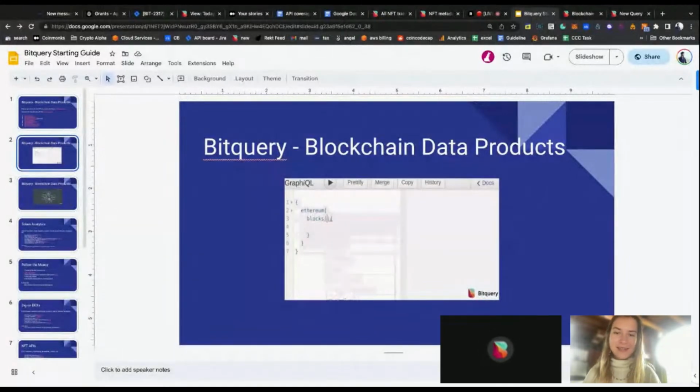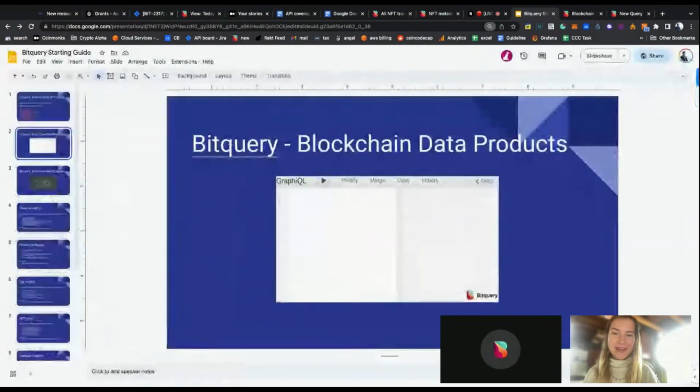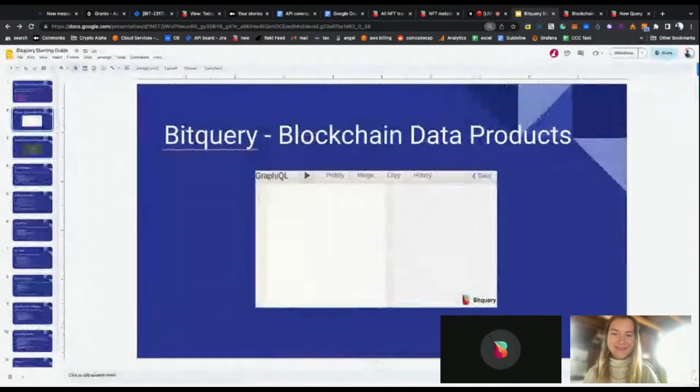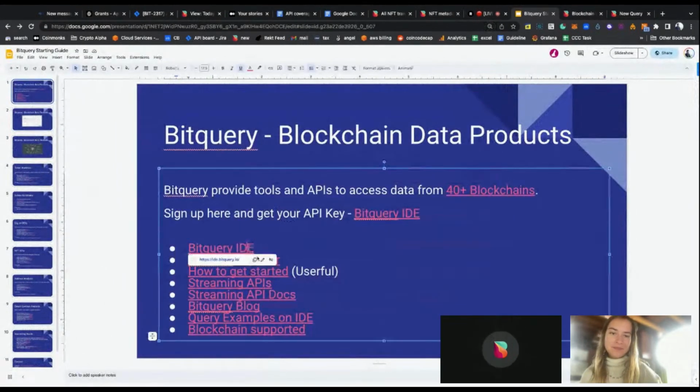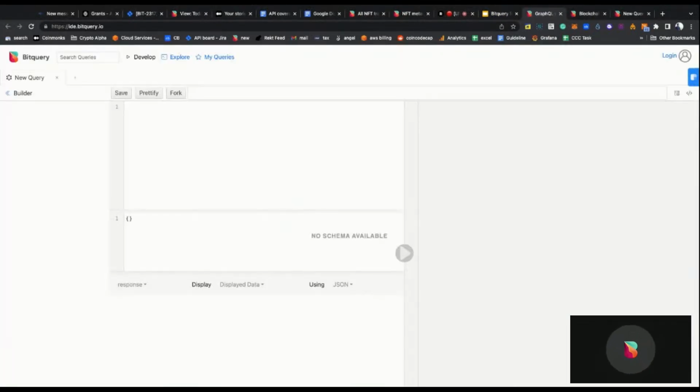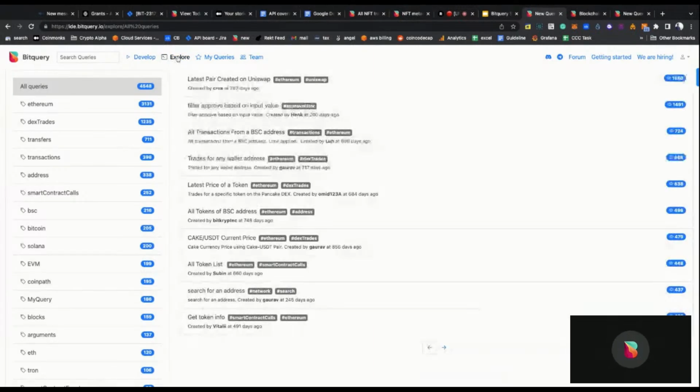Cool. Awesome. Let me expand the presentation as well so that we can view it. Thank you. I'll quickly jump from this presentation to different screens. Basically, I'll show you our IDE. For example, this is our graphical IDE where you can create, test, and explore queries. You see the explore button. If you first come to this side, you just need to create an account, nothing else.